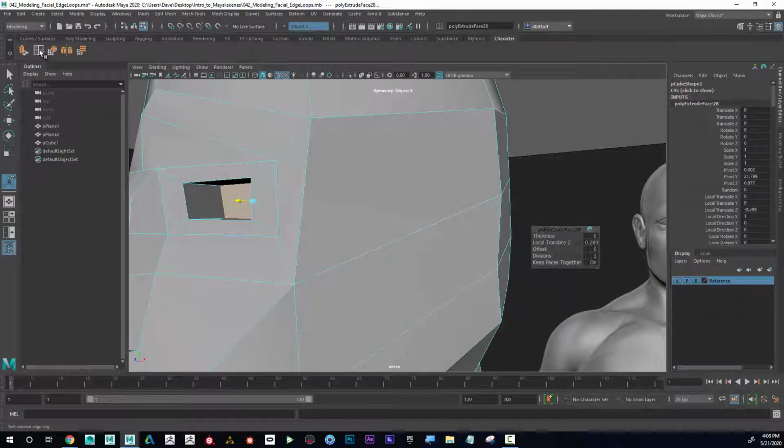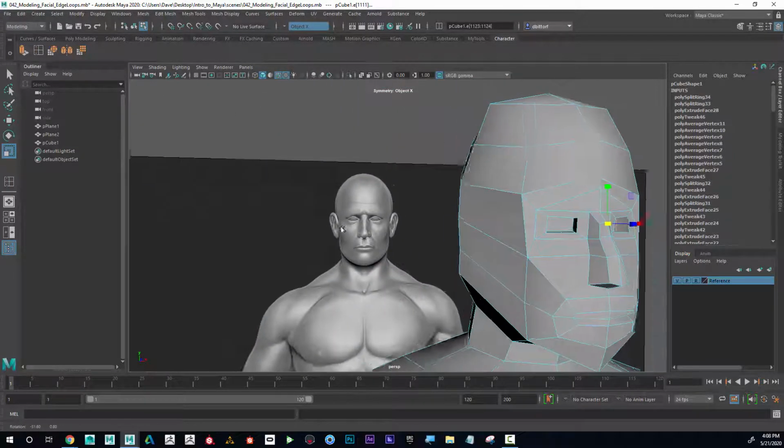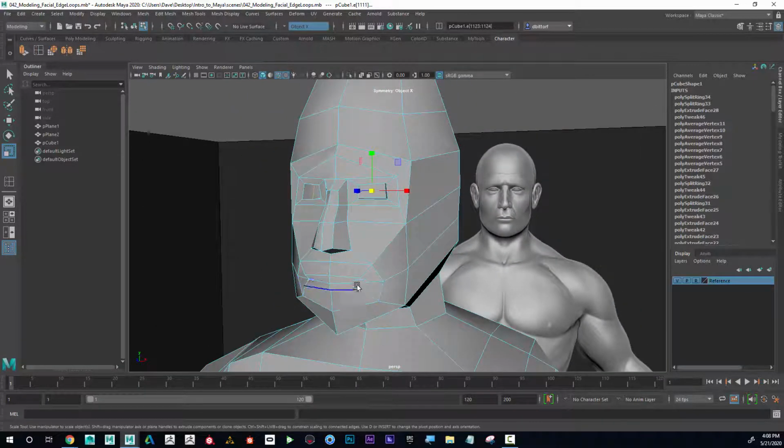So now maybe I'll go to my edge loop, click here, and notice I have mirroring turned on so I can benefit from both sides. There we go. And for the mouth,